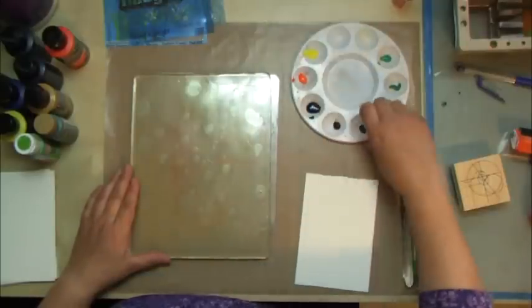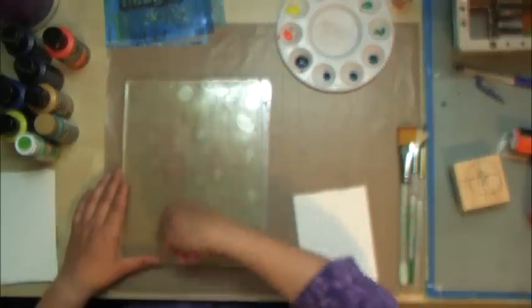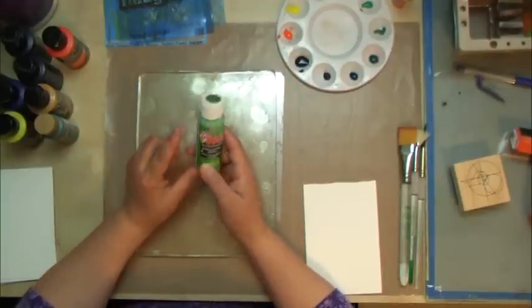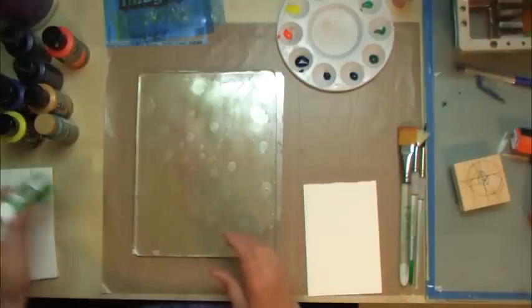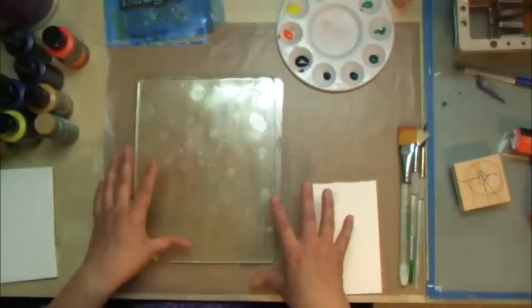So my idea, what I'm going to be doing is I'll take the paint and then I'll roll it here with my brayer and then put it on. If you're using DecoArt Americana paints, they are in tubes like this. If you've got those paints, they're really good because you could just squeeze it right onto here. And I may end up having to get some of those paints because for my mixed media stuff and my journaling and that,